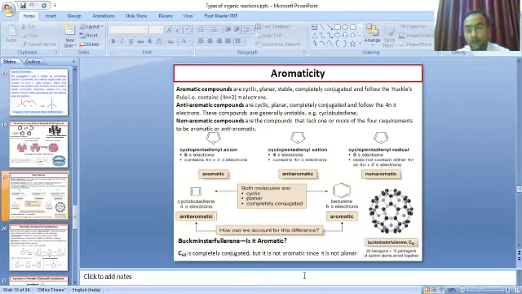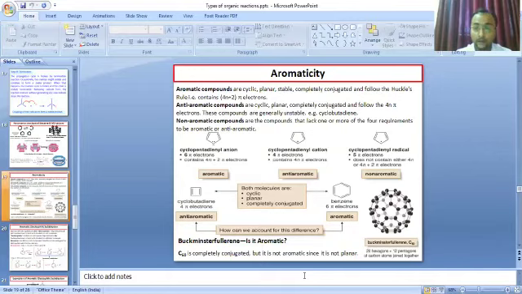So what about fullerene? Is fullerene an aromatic, non-aromatic, or anti-aromatic compound? In the structure of fullerene, that is the carbon 60 molecule, there are 20 hexagons and 12 pentagons, and they are joined together. C60 is a completely conjugated molecule, but this compound is non-aromatic because it is non-planar. We know that there are 4 conditions for aromaticity, and it lacks one of the conditions. So this compound is non-aromatic.